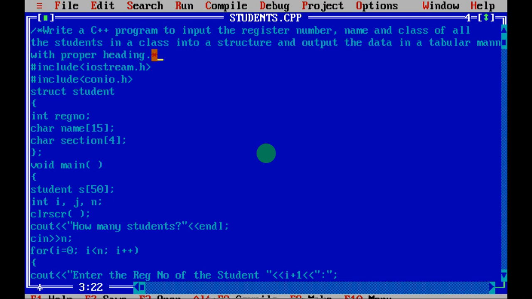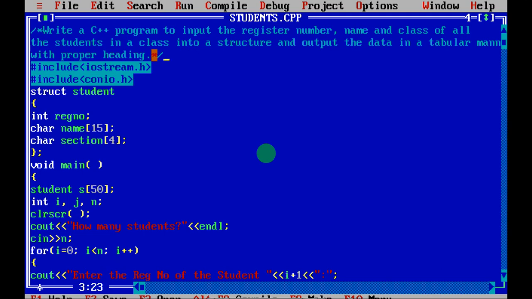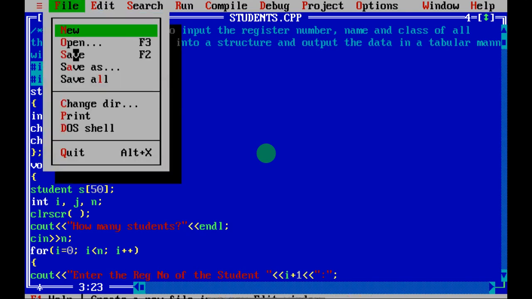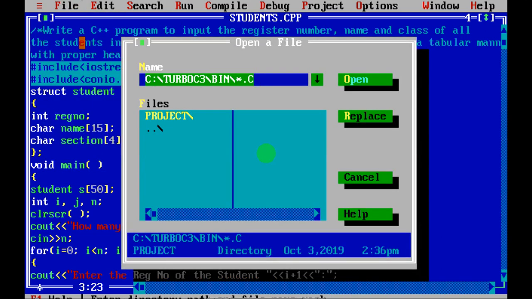So here you can see the first 2 lines are command lines. This is not the program, this is some other program.